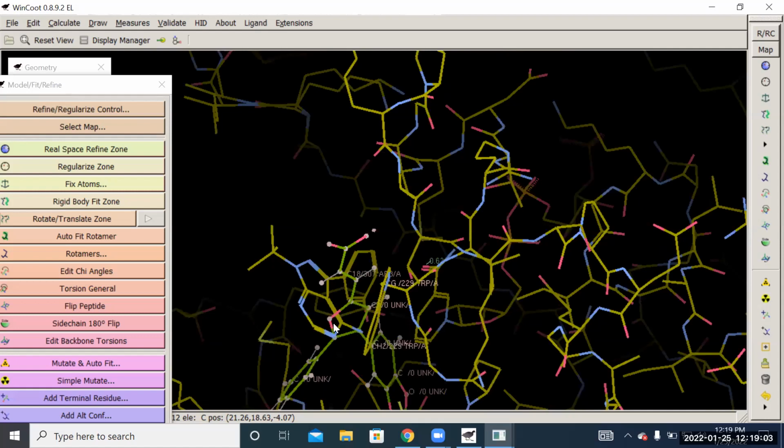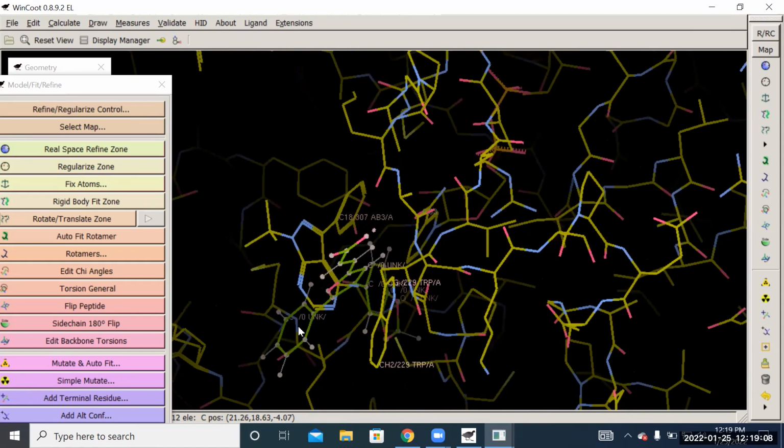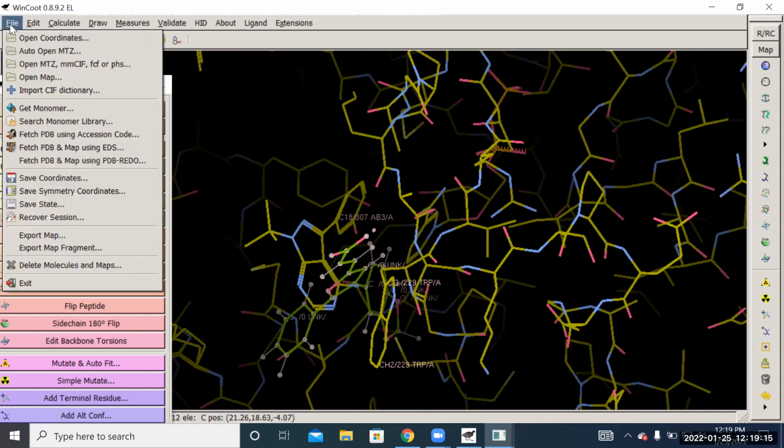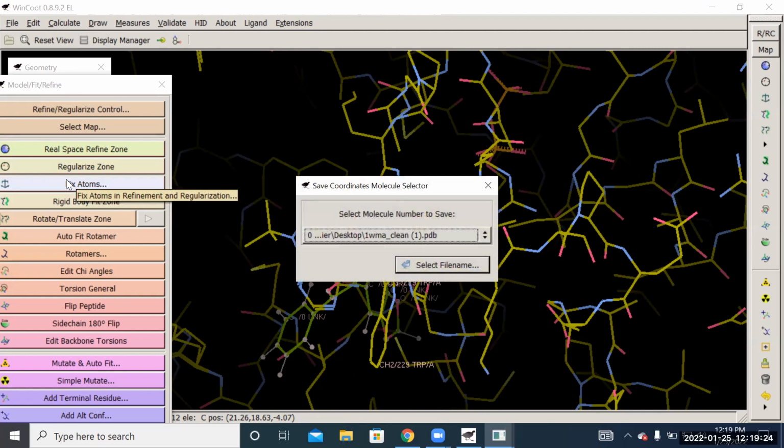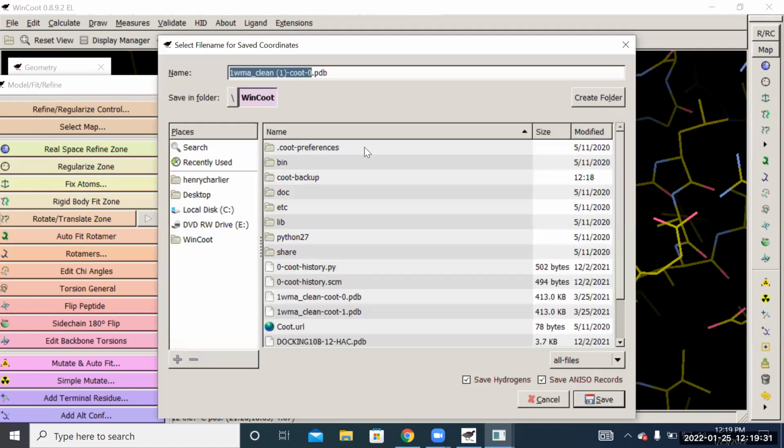I want to save my inhibitor. And because I changed the side chains, I also have to save the new version of this protein. So you have to go to save. And you go to open coordinates, not open coordinates. What did I just say? You go all the way to save coordinates, sorry. Okay. And the first one that's up is our protein. So I'm going to hit select file name because I want to save our protein. And instead of calling it clean one, I can just say,